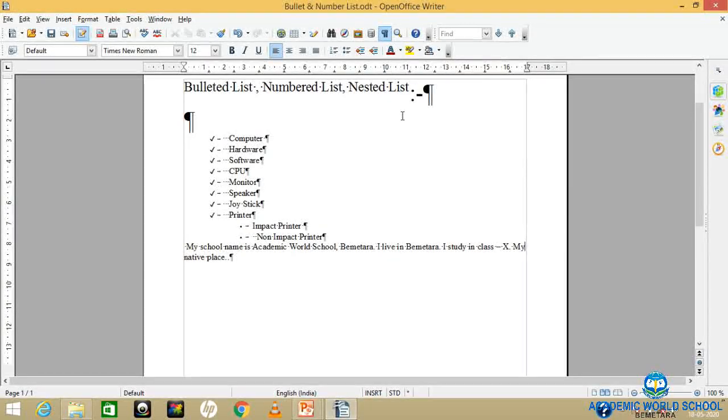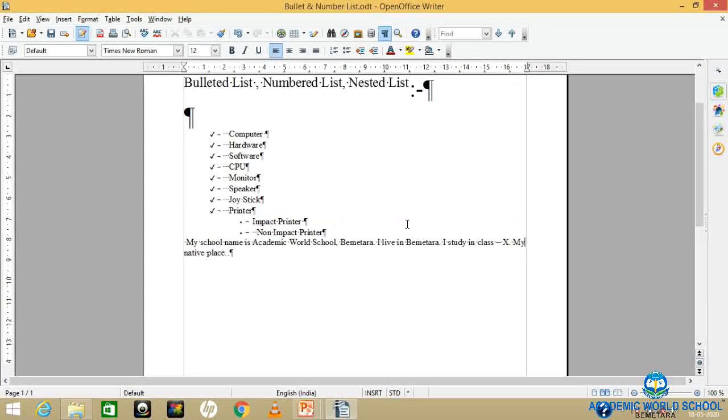This symbol says that you have pressed the enter button. See here, it is showing this Q symbol, that is showing you have pressed the enter button. Now you can see one arrow is given, that is showing it is the tab button.